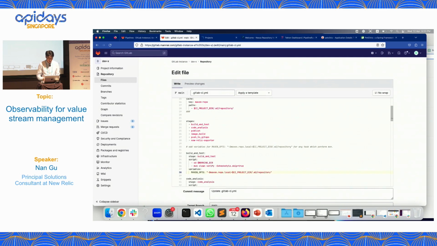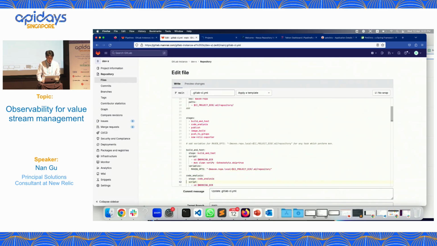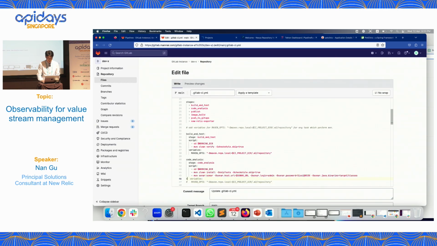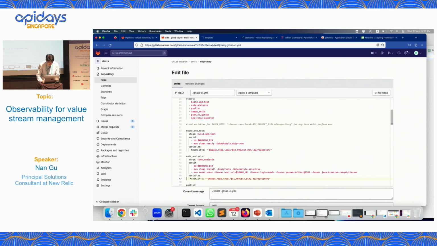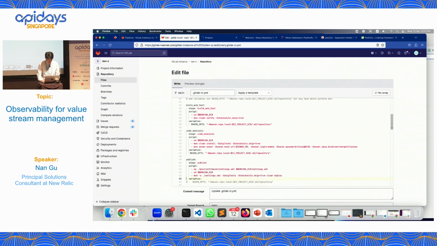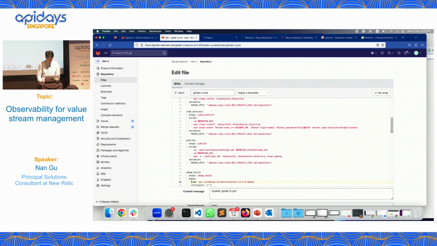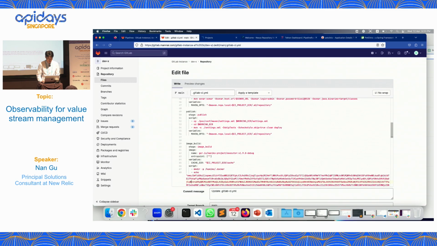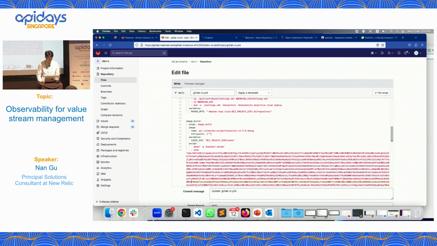Just add the variable to tell Maven what you need to optimize using the cache. Beware of the space. Sometimes it will cause you a lot of problems if you don't do that well.